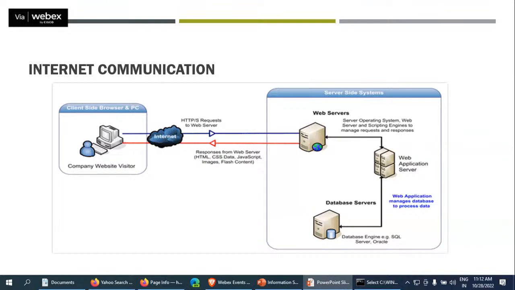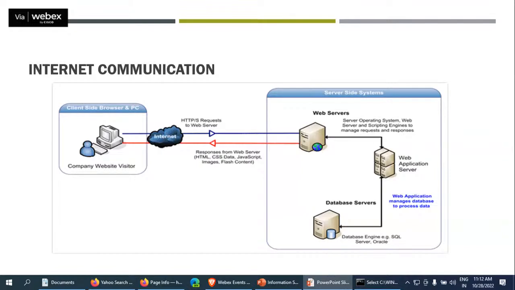Let me give you a raw idea of how it happens. Suppose you go to your banking website, they open the website, then you click on the login button. They ask for the username and password, and the username and password are stored in the database server of that banking website.